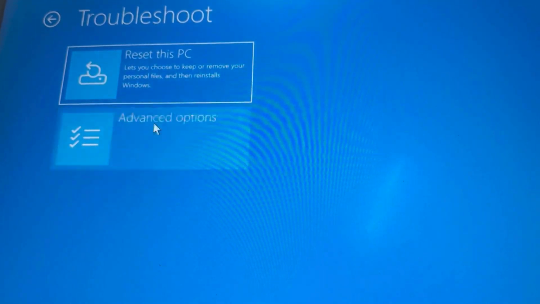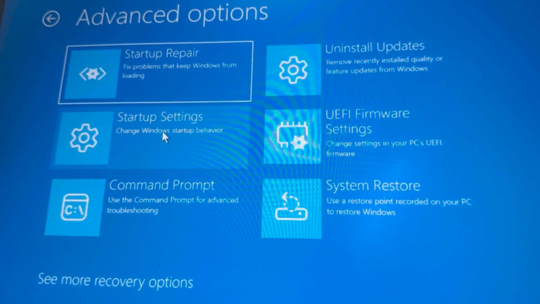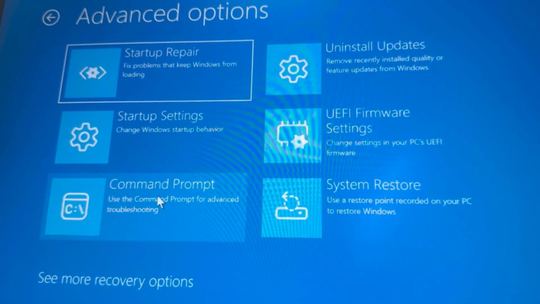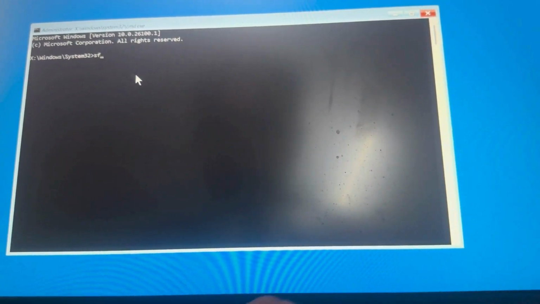Otherwise, again go through the same process and choose Advanced options, and here choose Command Prompt and execute the command sfc /scannow as well as the DISM tool. So first we will go through the sfc /scannow tool. It will scan your system for any corrupted files and repair them accordingly. So execute after the blinking cursor: sfc